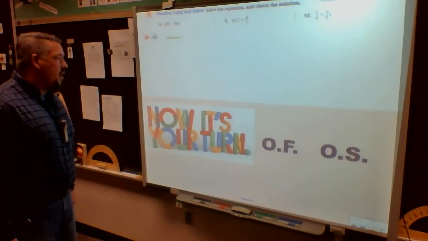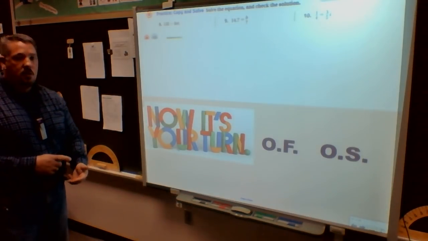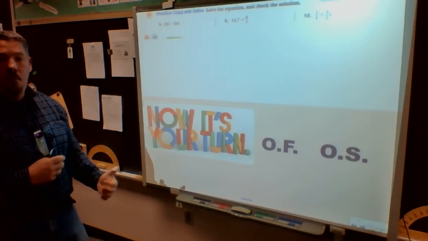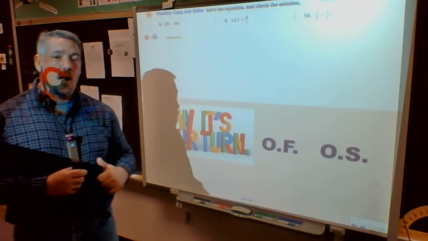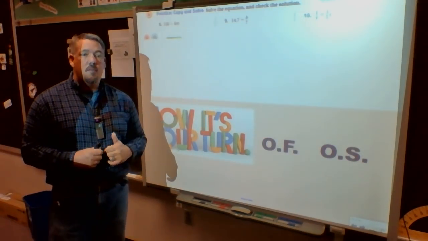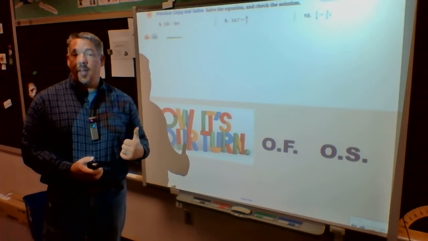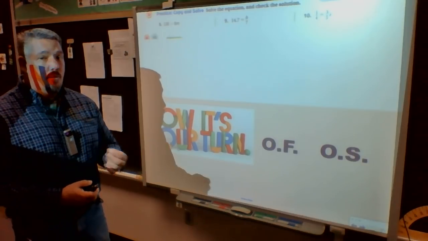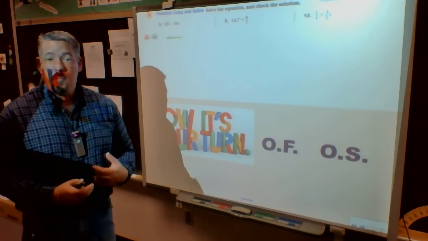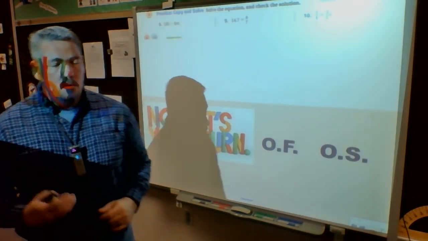At the bottom of this paper then, I want you to do 8, 9, and 10. We're not going to worry about 11 and 12. We're just going to do 8, 9, and 10. I want you to work through them. Show your steps. Because when I show the steps then, you should be able to find any mistakes that you might have made if we don't get the same answers. Or you may find I made a mistake. It does happen.